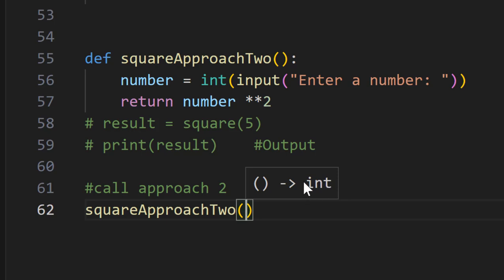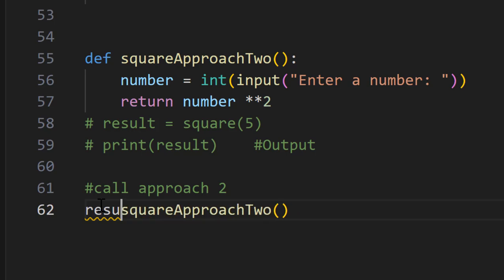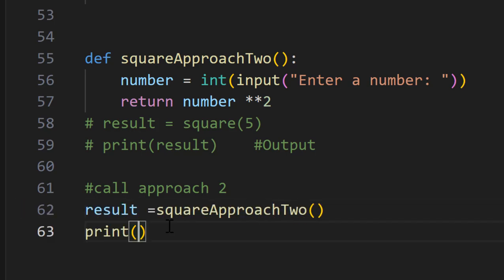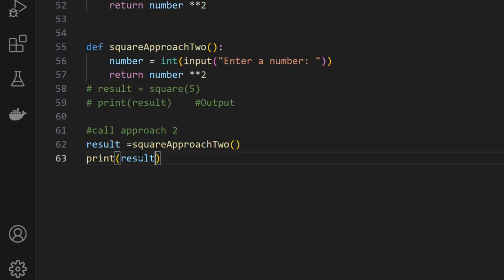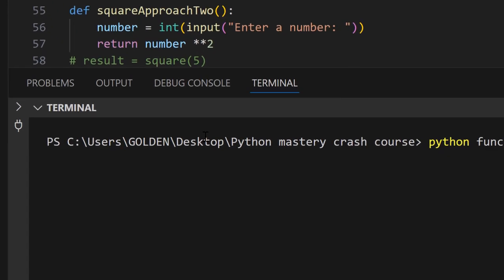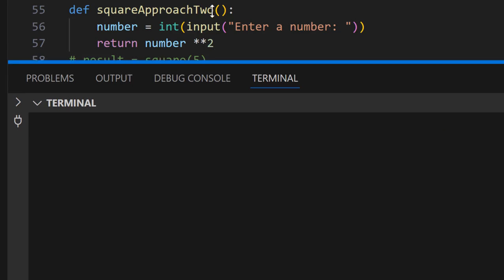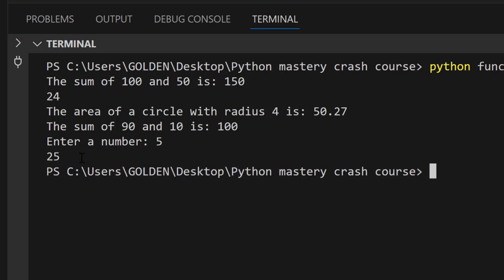So when you look at this function, the fact that we have a return statement means that we can have a simple variable that is going to store the result, such that we just go ahead and print the result for now. Having done that, you can rerun the program. When I run the program, I'm prompted to enter a number. If I enter 5, you can see that the output is